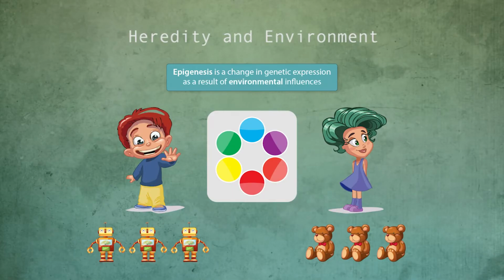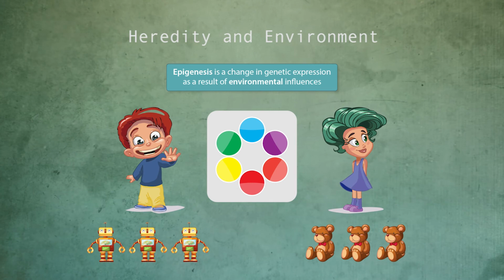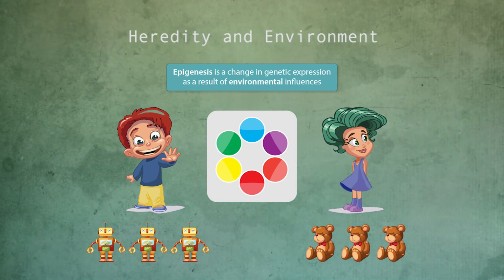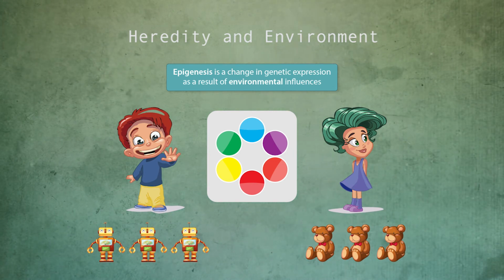Can genetic expression change with the changes in environment? The answer is yes. Let me explain. If the dough is the genes and the artists are environment, exposure of similar genes to different environment can produce different end results. Different behavior may develop with similar genes. This process is called epigenesis.